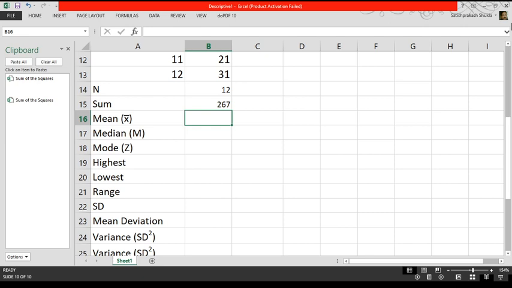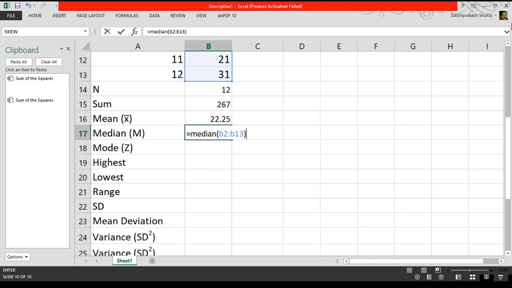Now to find the value of the mean of the data, we start the function with equal sign, and then we write AVERAGE, and then in bracket we write the data range B2 to B13. Then after closing the bracket, we press the enter key and we'll get the value of mean, that is 22.25 here. To find the value of median, we start the function with equal sign and write MEDIAN, and then in bracket the data range B2 to B13.